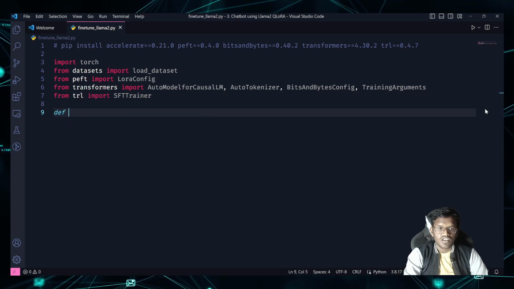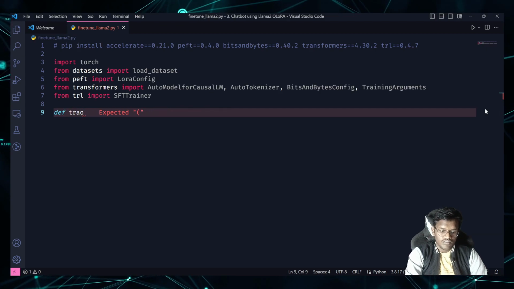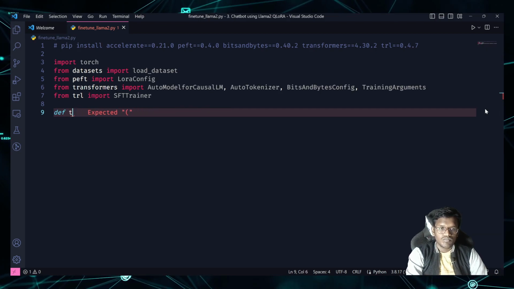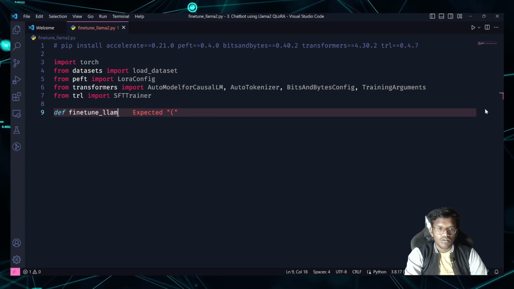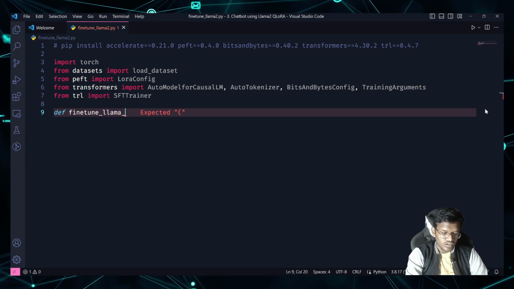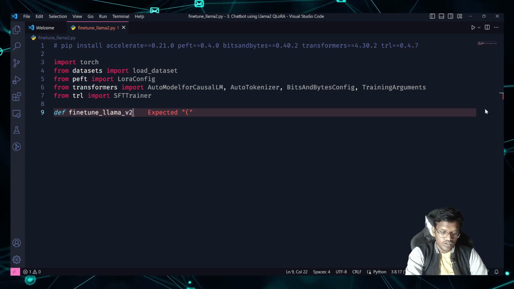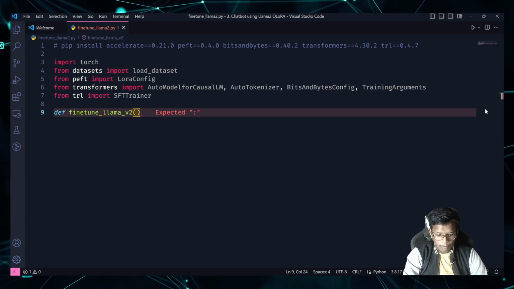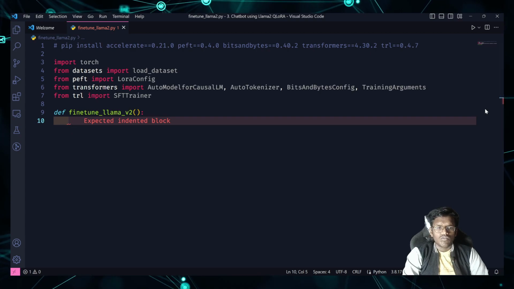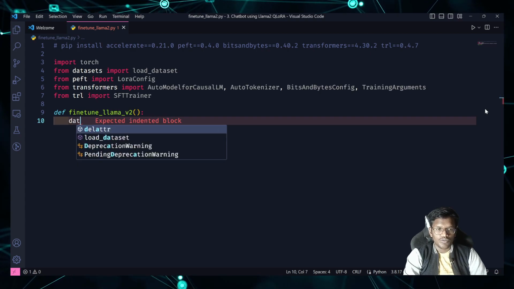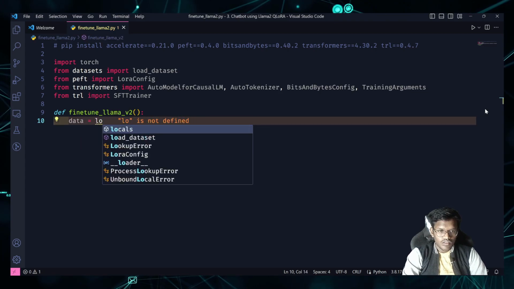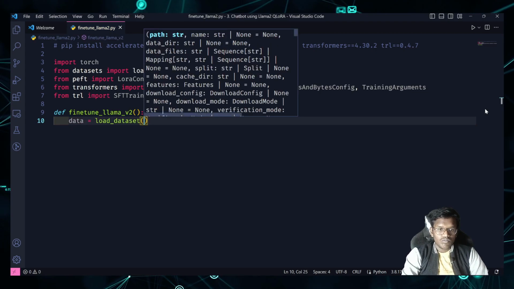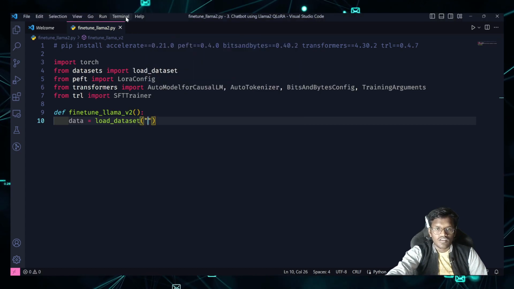Now let's start with creating a function. Maybe we'll say finetune llama v2. So here first what we need to do is load the dataset. Here we'll use a dataset called,